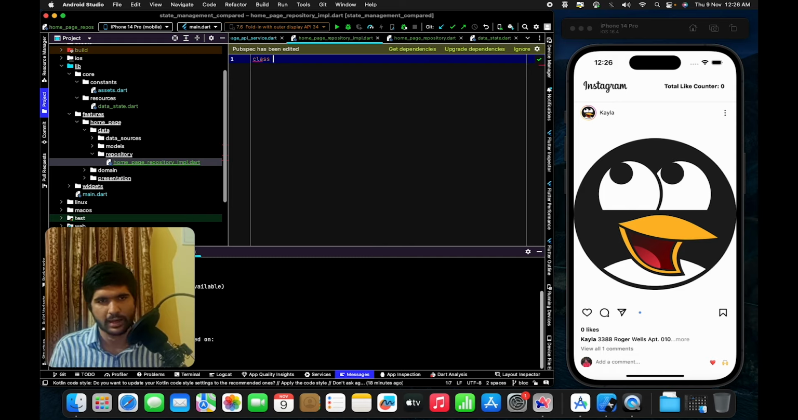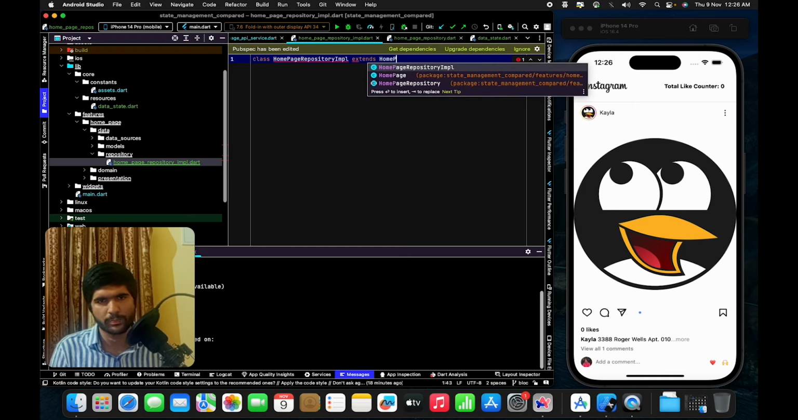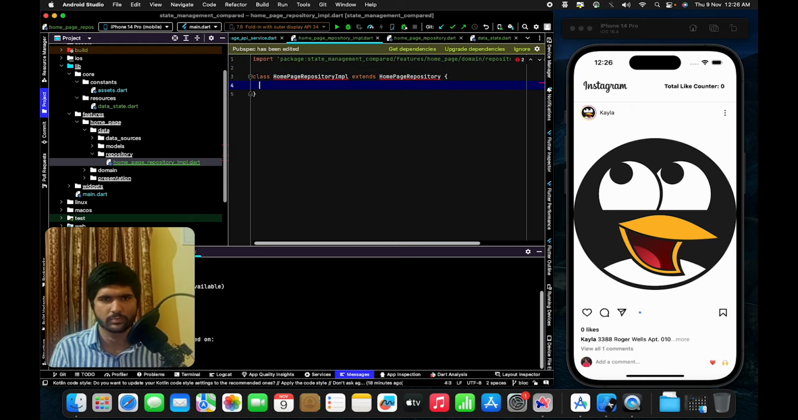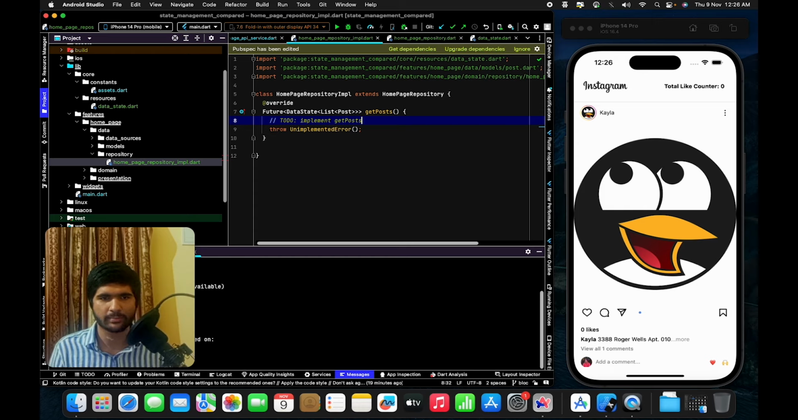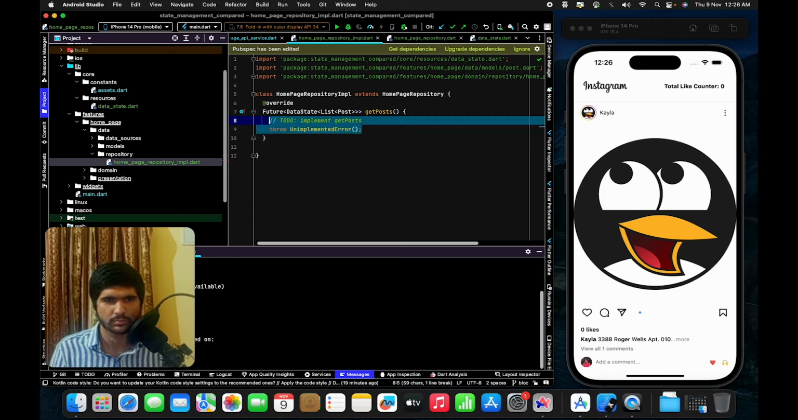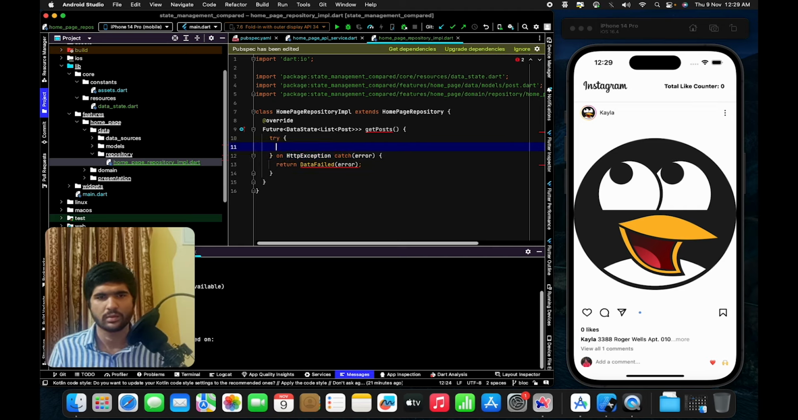So we'll make a class HomePageRepositoryImplementation, which will extend our HomePageRepository. Now here I'll get an error to override that, so I'll just override that method for our getPosts. And here I'll add async as well to remove the error. Now whenever any error, any HTTP exception we have, I'll return data failed. Otherwise inside the try,